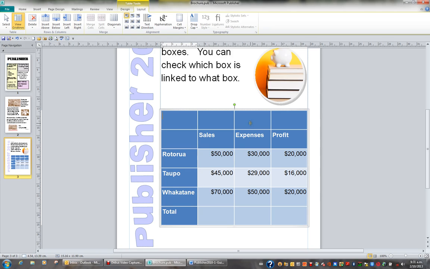You can also merge cells. I'm going to drag from the beginning to the last cell in the top row, and I want to merge these 4 independent cells into one big cell. So I'll go up to the Table Tools Layout tab in the ribbon and choose the button Merge Cells. And then I can put a title at the top